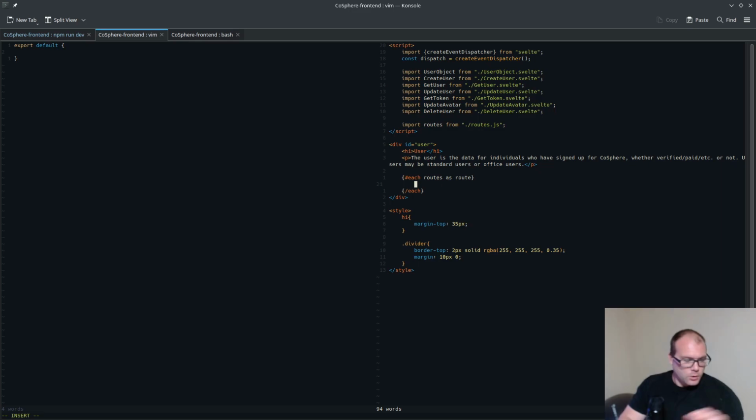All right. So each route. So for each one, we did the divider at the top, right? I think so. If class equals divider,